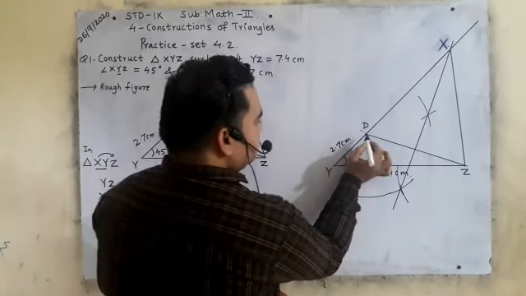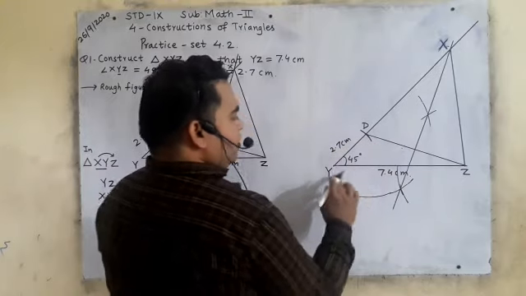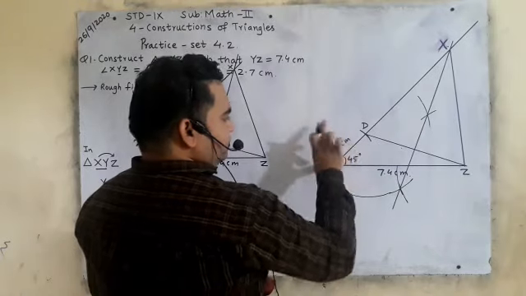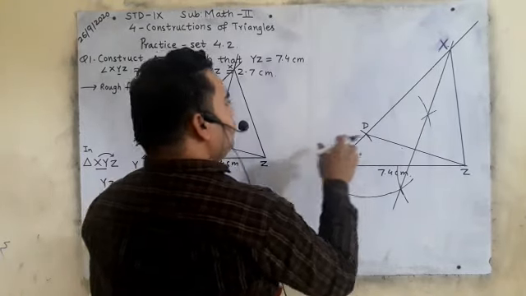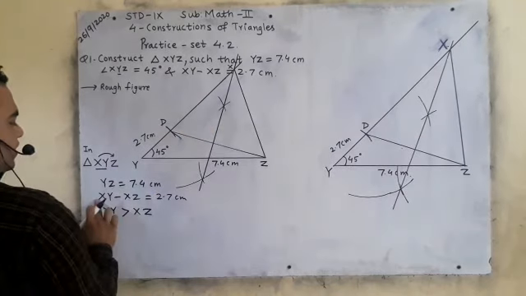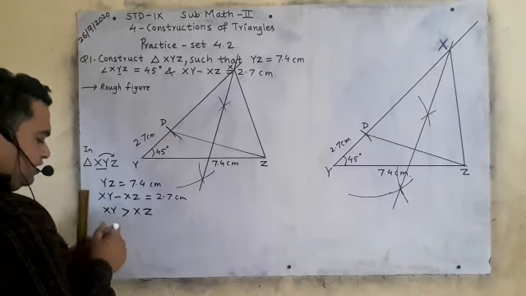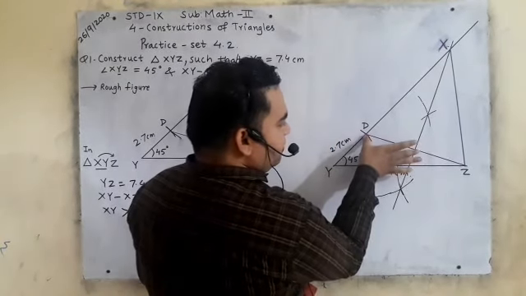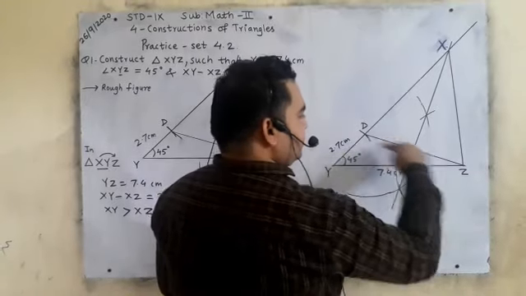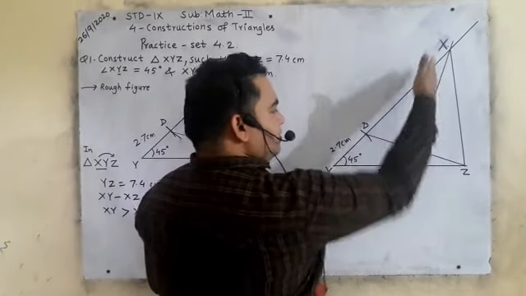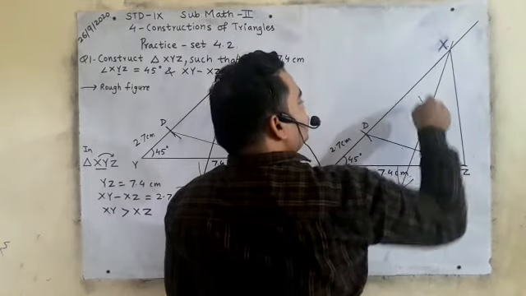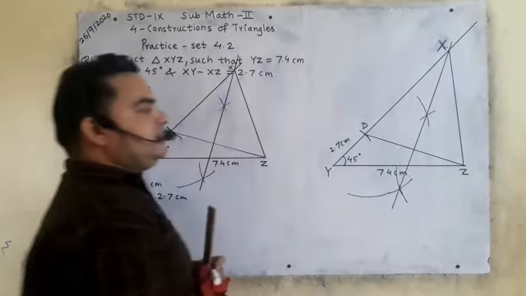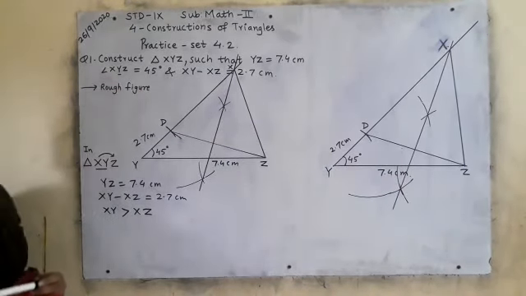Okay, how you will draw? Revise it again. YZ you will take base, Y 45 degree. 2.7 you will take from Y. 2.7 from Y you will take above because the subtraction is correct. XY is bigger and XZ is smaller. So it is correct. You will take above. Then you will join DZ. Then you will take more than half and draw perpendicular bisector of DZ. Wherever these two lines intersect, that is your X point, then join that X to Z. This is how you have to construct 4.2 question number 1.